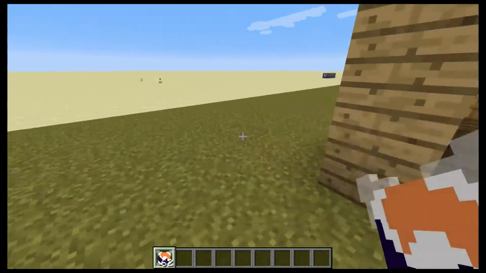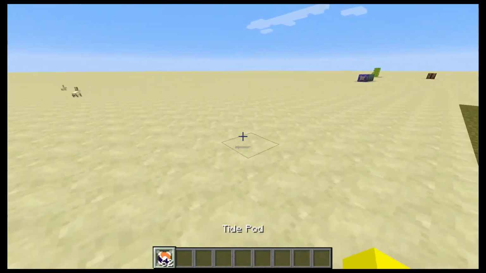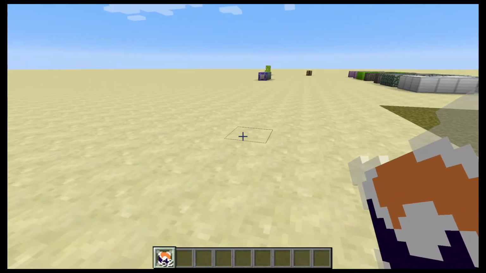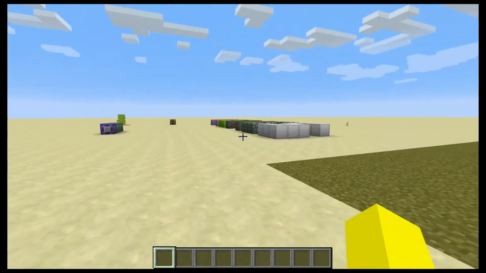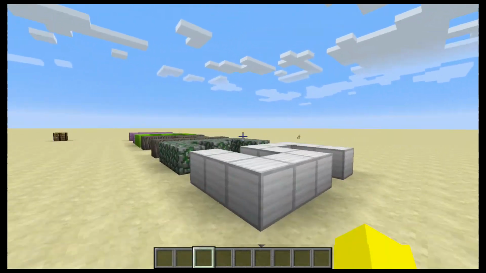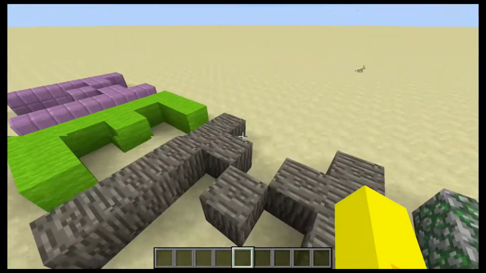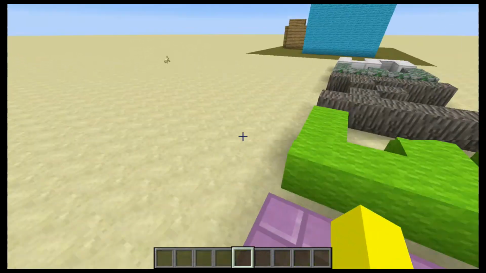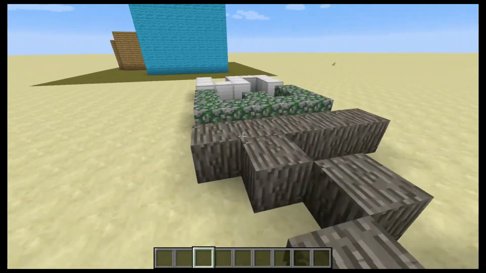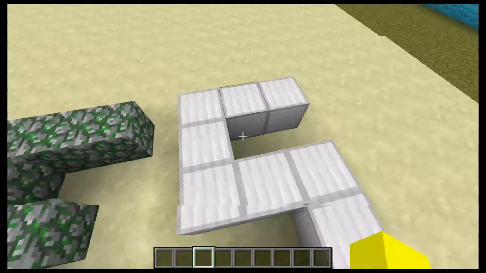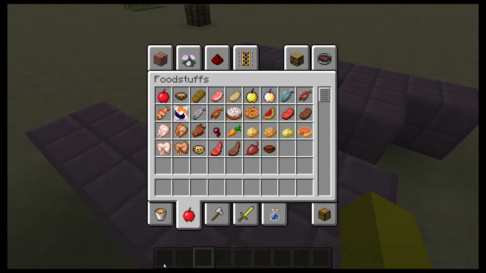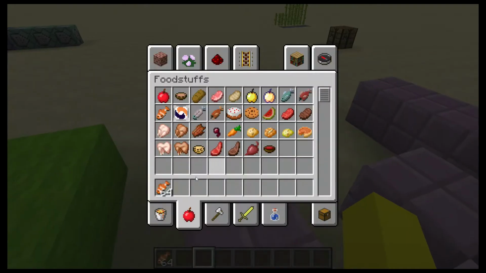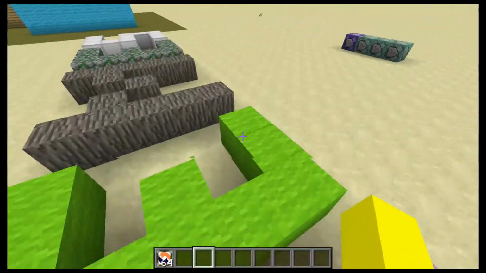Now the Tide Pods I'm really proud of because it didn't actually end up using any command blocks. The Tide Pod is actually a pufferfish. So the way you get this in survival is exactly as you would a pufferfish. You fish. Now I thought that was kind of funny because you're fishing it out of the ocean, which we can say you're fishing it out of the washing machine. So that works pretty conveniently, and I didn't have to use any command blocks because these are